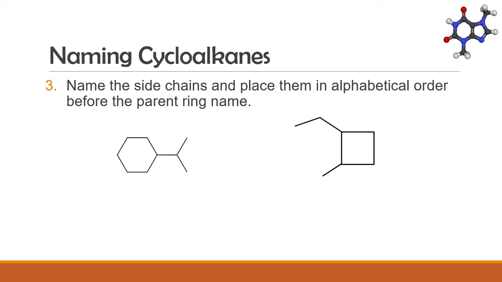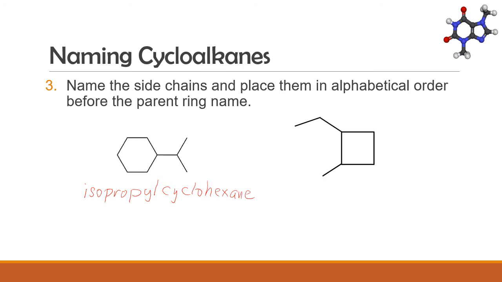So now we name the side chains and place them in alphabetical order. In our first structure, we only have one side chain, so we write here isopropyl. Attach it to the parent chain name,